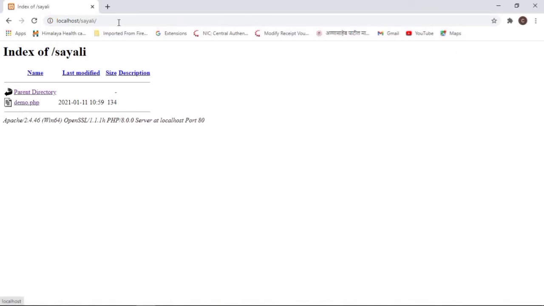See here within the Siley folder, just now we have created a file, that is demo.php. To run that file we have to click here. So after clicking there, you can see here this is the heading, that is demo program using PHP, and this is the echo statement that we have printed, welcome to programming with PHP. You can have any another string also to get printed, to get displayed here.